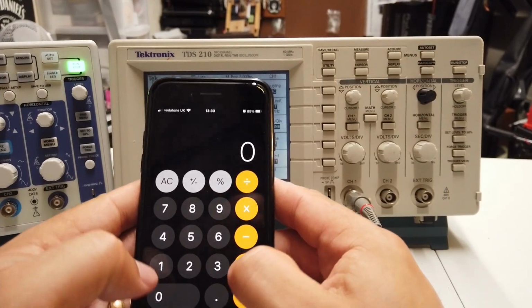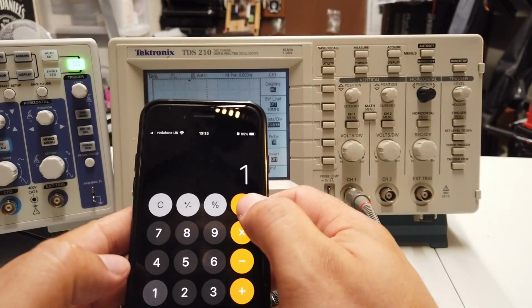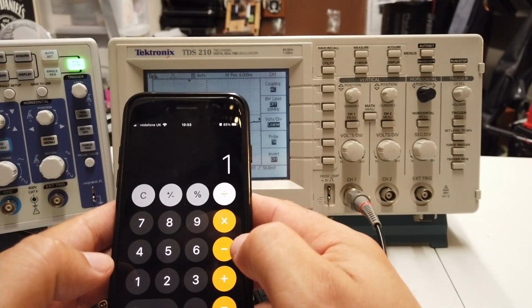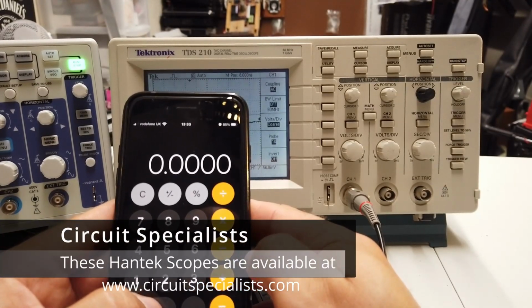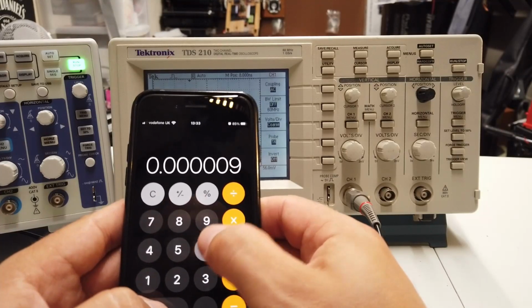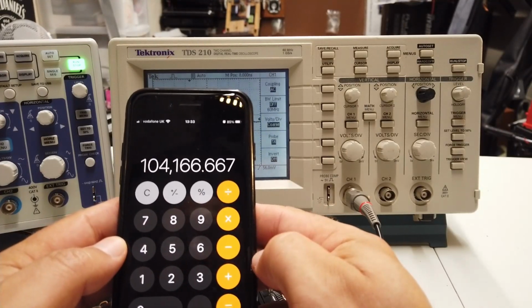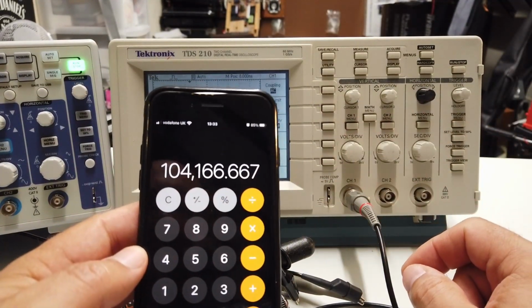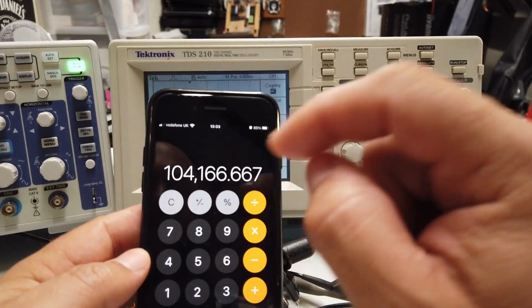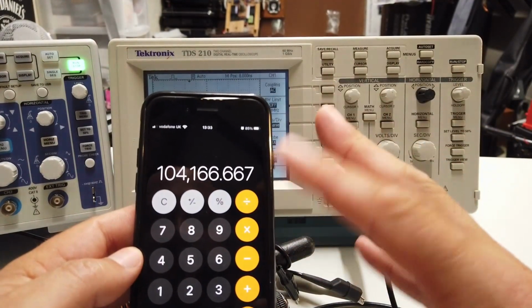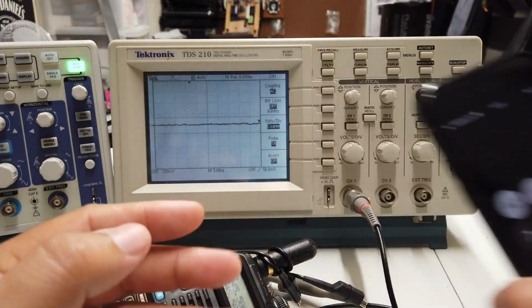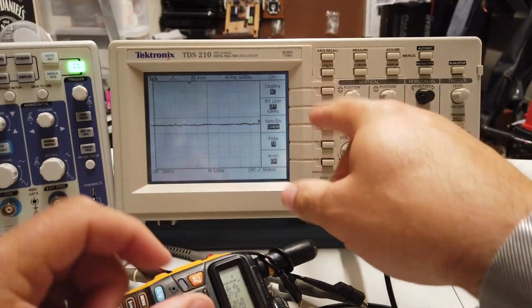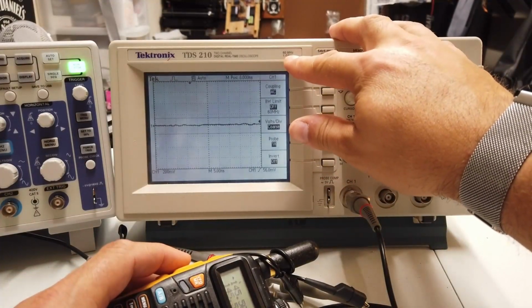So let's get the calculator out, and again we go 1 over, that converts time base to frequency, 0.0000096, and actually, that's almost close, 104.2 megahertz. So I'm sort of impressed that this scope, even though it's a 60 megahertz scope,